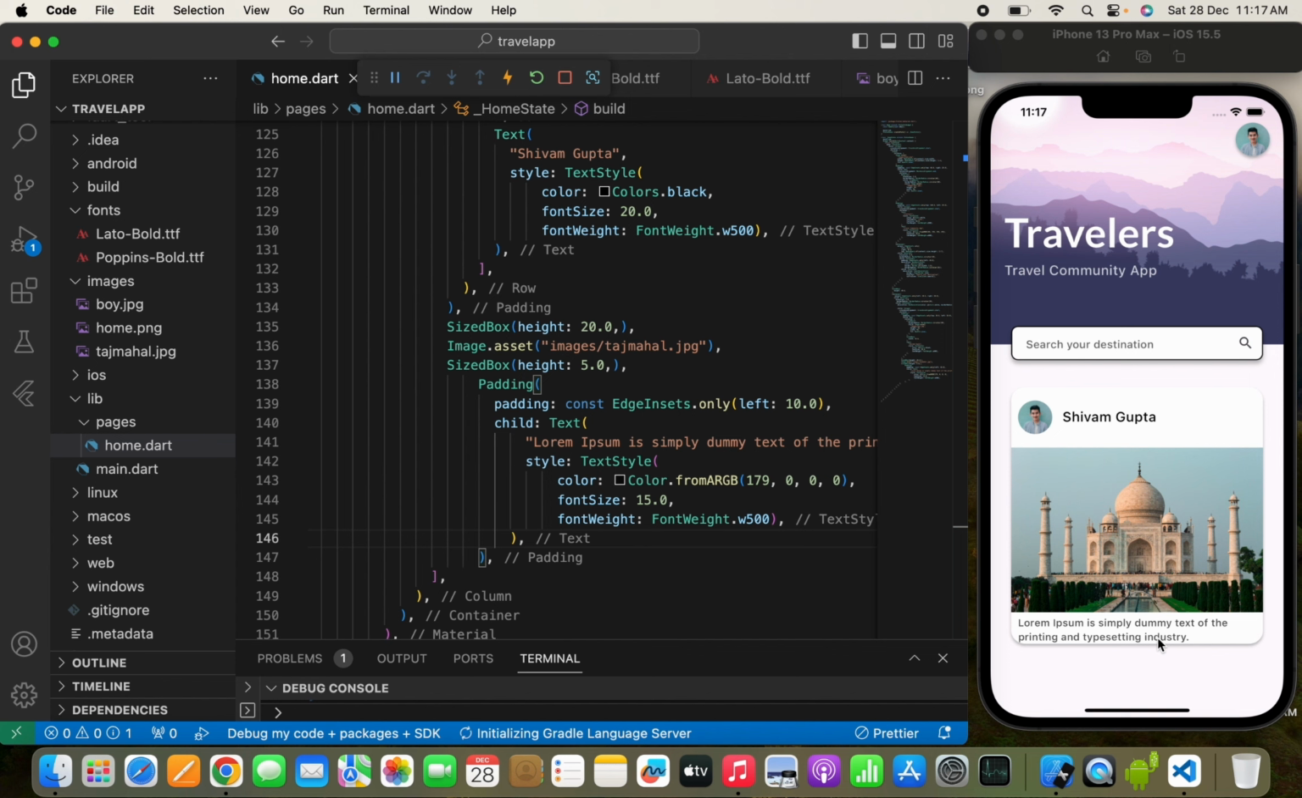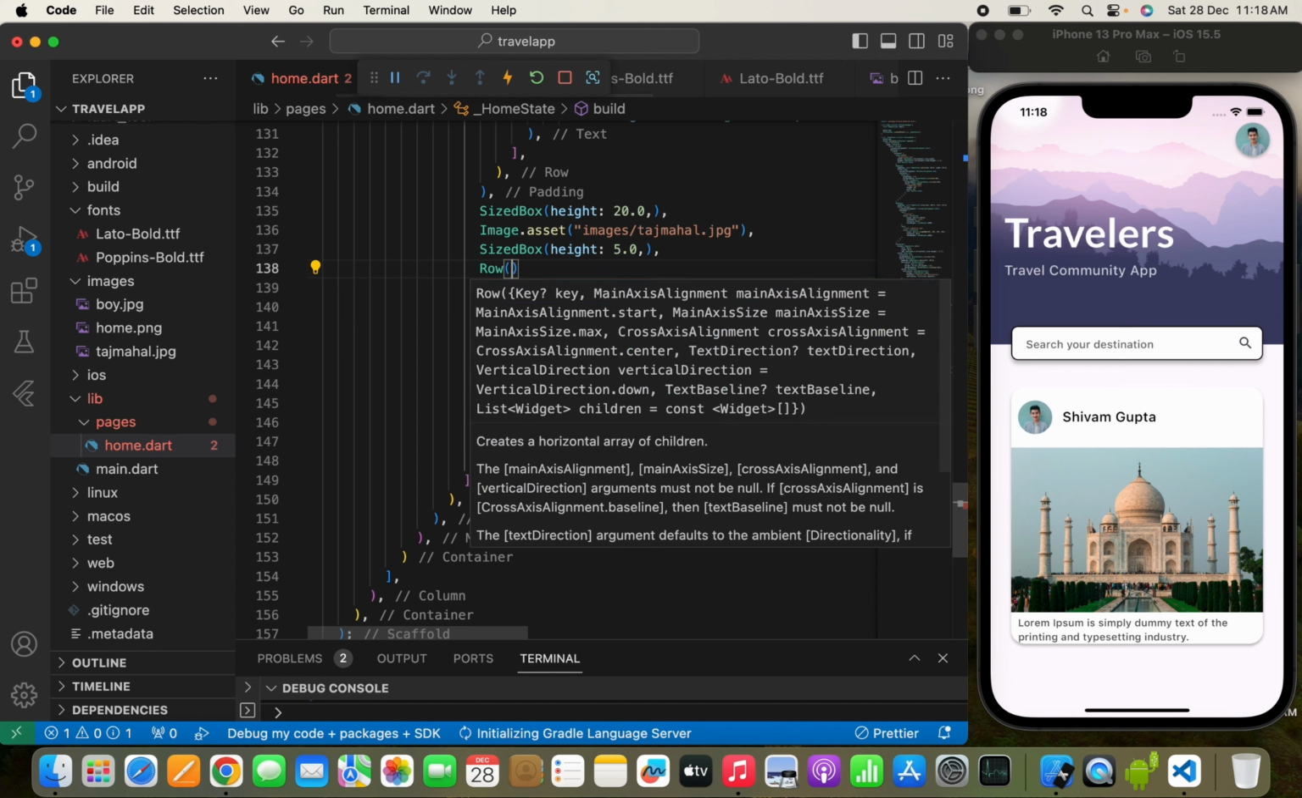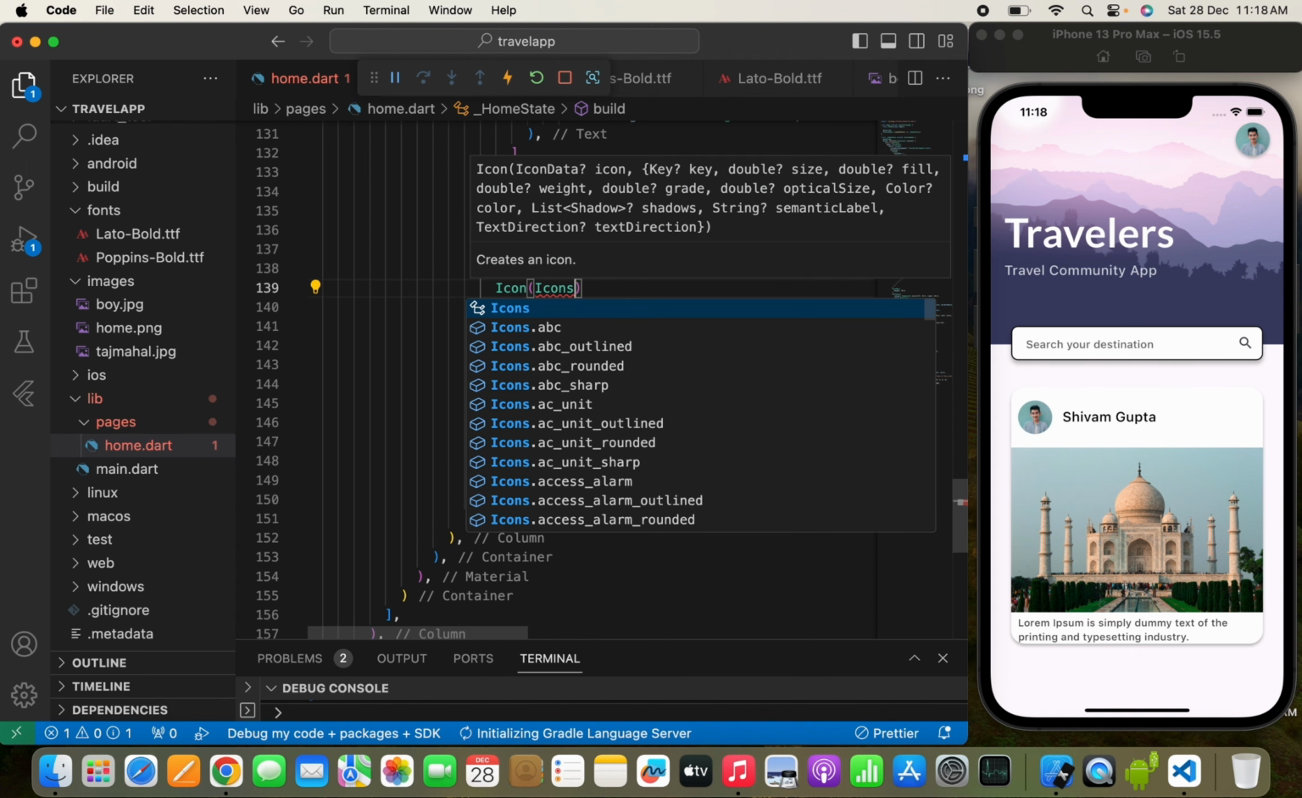Now one more thing about this app is showing the location of this place that has been uploaded by the user. If I show the location, then different travelers will know which location it is. So here I need to use a Row widget again. For the row I need to write row children, and first I'm going to show the icon. Here I will use Icons dot, and let's pass the location on icon,